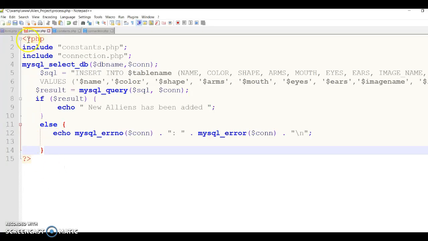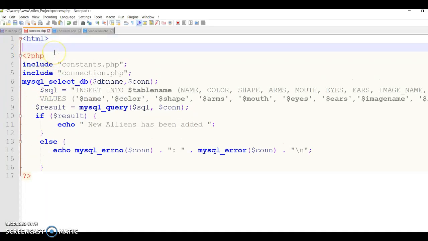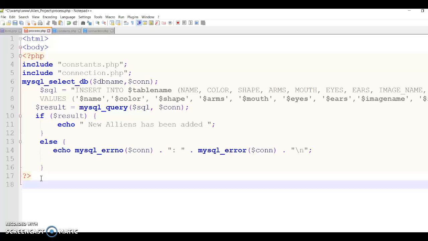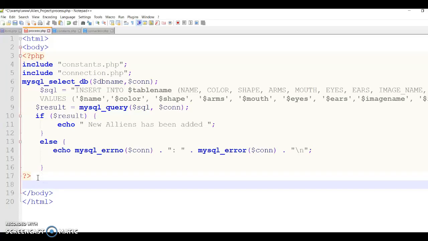I'm just going to add the HTML tag outside, because the code that we're going to write now is pure HTML code, so it needs to be outside the PHP, and the code needs to be form